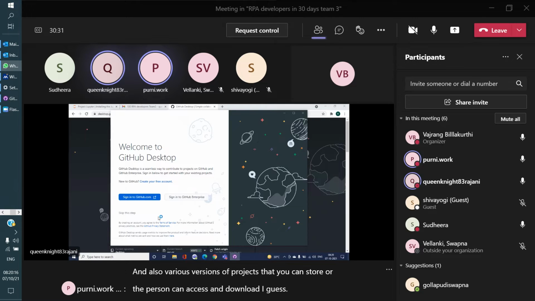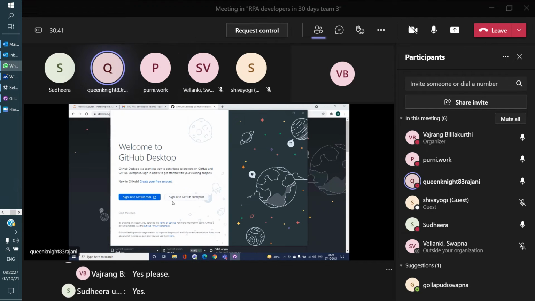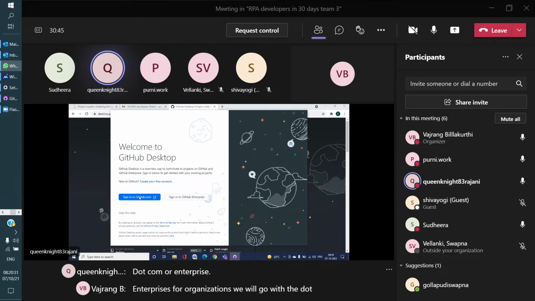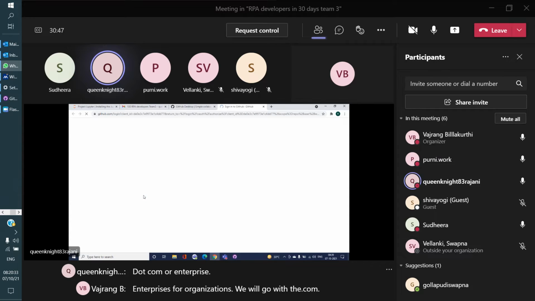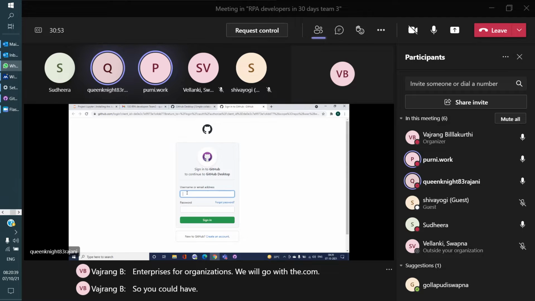Yeah. So first you need to create an account. Should I sign in to GitHub.com? Yes, please. .com or enterprise? Enterprise is for organizations. We will go with .com. If you already have an ID, then use it.